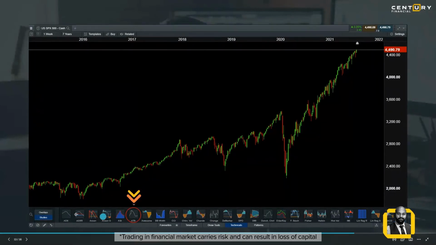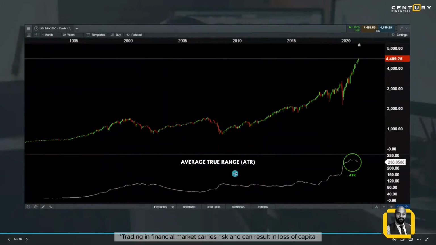Once you click on studies, you get ATR. There's also a search button over here. If you cannot find it, you can directly type in ATR and it'll identify it for you. Now, once you click on ATR, I'm looking at S&P 500, which is an index, the top 500 companies of US put into one